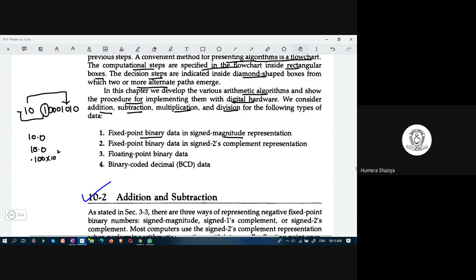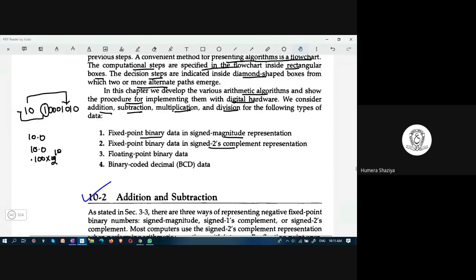You are denoting the floating point number in this manner. This point can be moved here and there, and based on, oh sorry, it is not 10, it is 2, because it is a binary number. Consider this to be a binary number here. 10 is a binary number. To denote this binary number 10 with a decimal point, if you are moving the point to the left, you just write it in the form of exponent and mantissa. That is a floating point binary number. In a fixed point number, you just consider the integer part, not the fractional part. And a signed 2's complement number is the number which is converted to 2's complement.